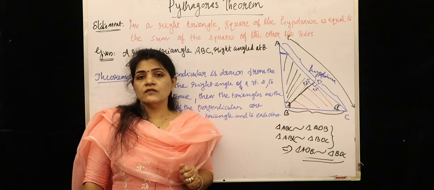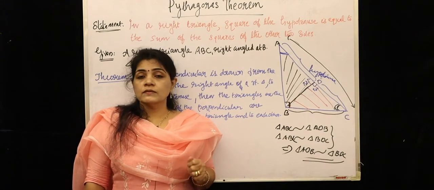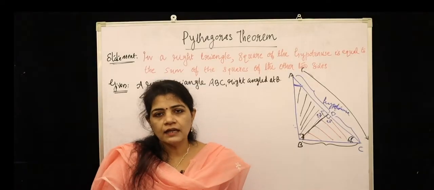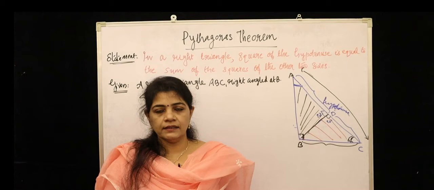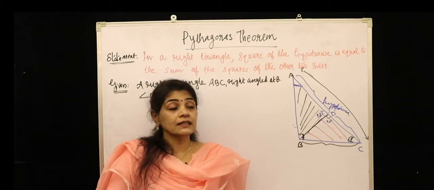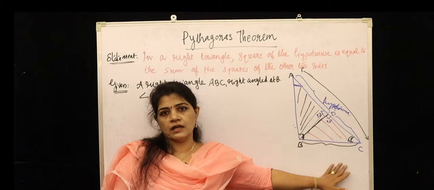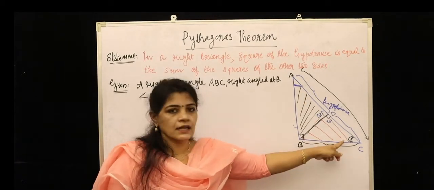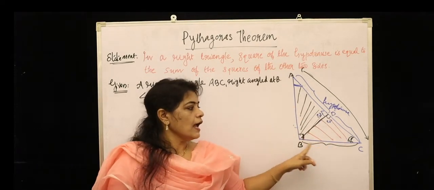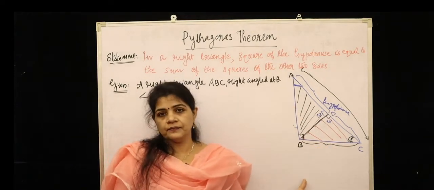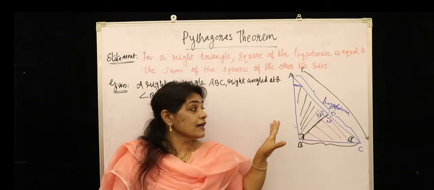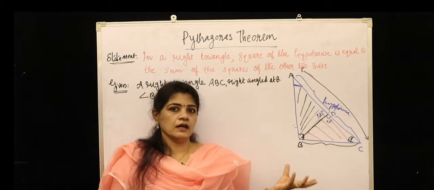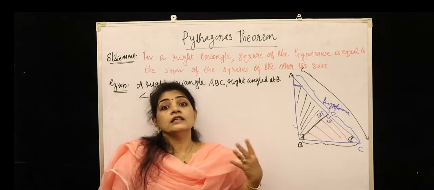Okay, so these are the results which we are going to apply in the problems related to Pythagoras theorem. Okay, the proof of Pythagoras theorem is clear. While we were proving this result, we considered the three sides of the right triangle ABC in terms of their length, that is AC, the length of the hypotenuse, AB, and BC the length of the base. Okay, so children, we can extend this idea of the Pythagoras theorem in terms of area.